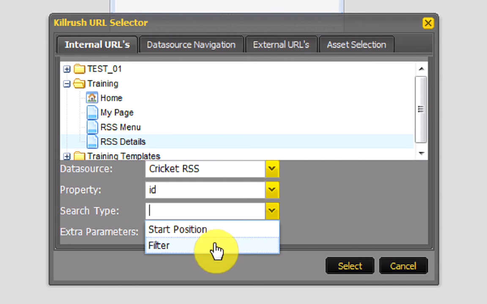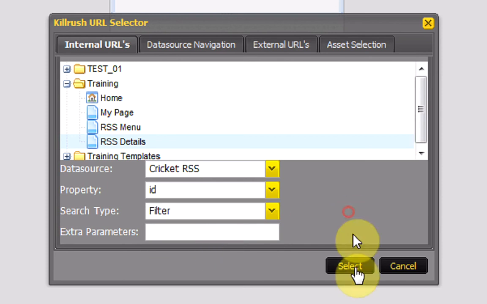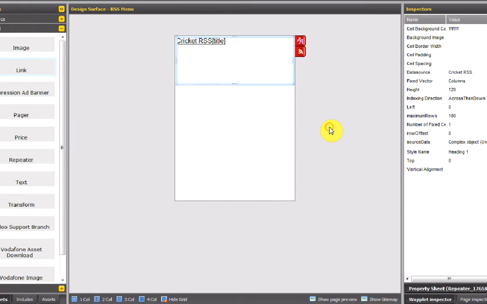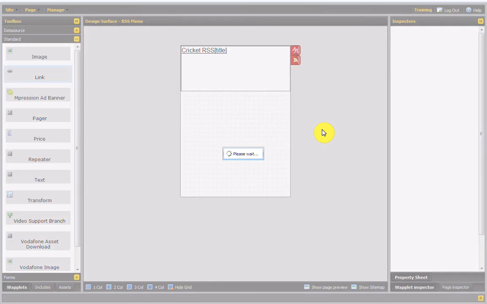In the search type, filter. So if I click the link which is for row number 5 in the feed, I will get the 5th story. I won't get all the stories starting at 5th, which is my other option. Just the 5th story, please. Thank you very much indeed. Now if I save that with Control S again,